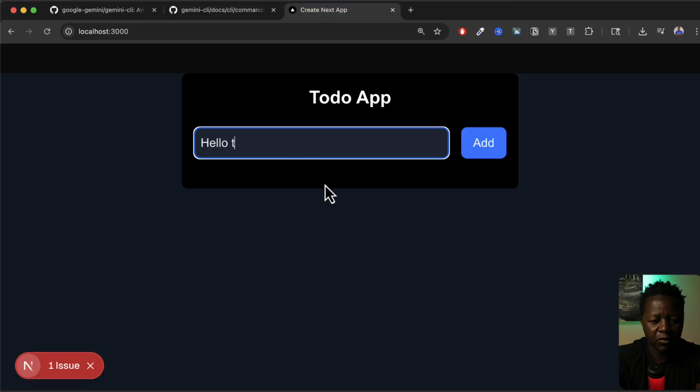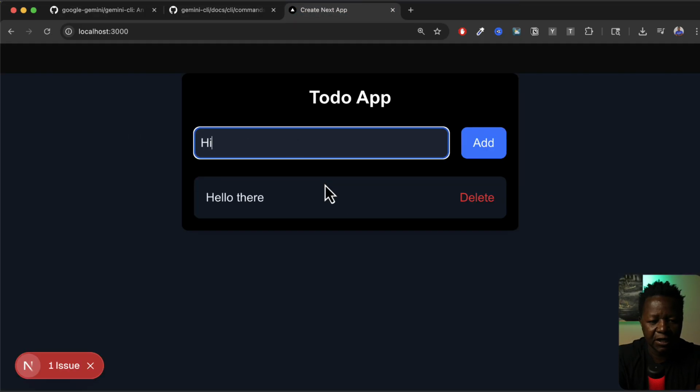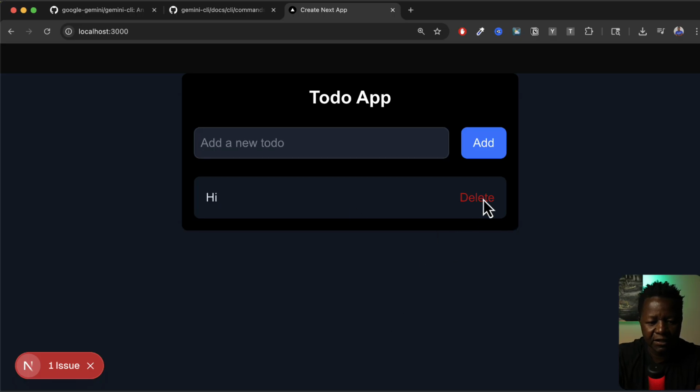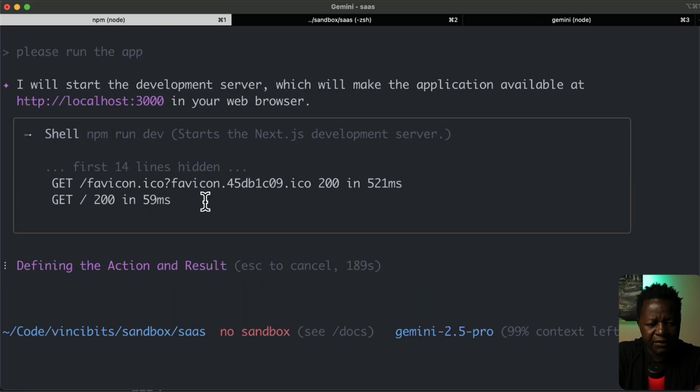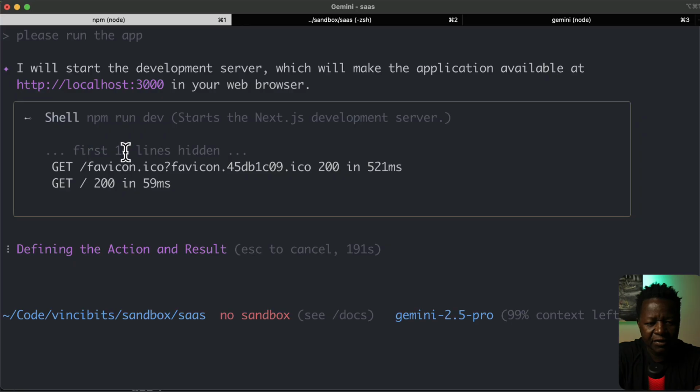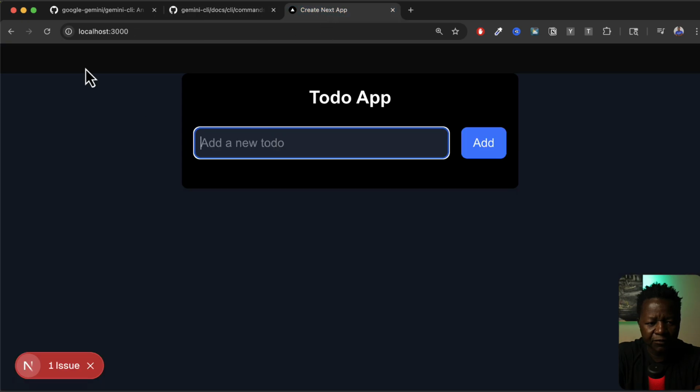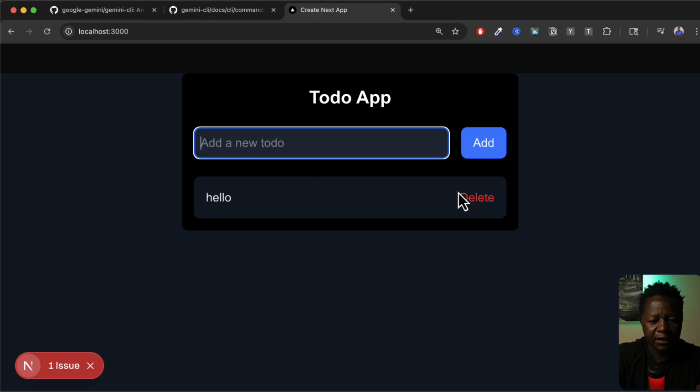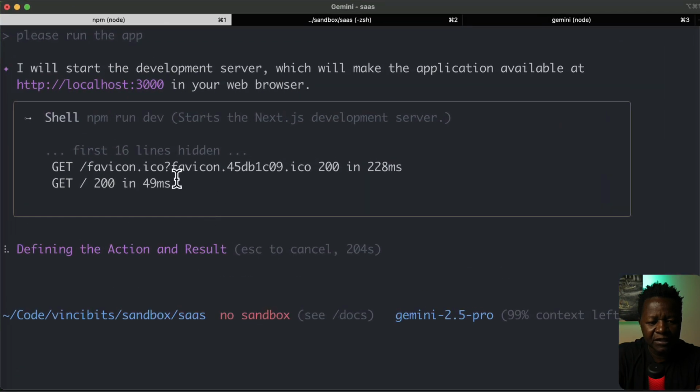Say hello there, enter. Hi, enter. So it's actually saving, can delete, and looks good. Okay, so this is something I'm noticing is that, okay, now it's running. As you see here, I can refresh. This is the port 3000. Hello, and it's adding. However, I've noticed that I have no other way of continuing here. So I'm not sure, because this is my first time just showing you raw what's going on here, but perhaps